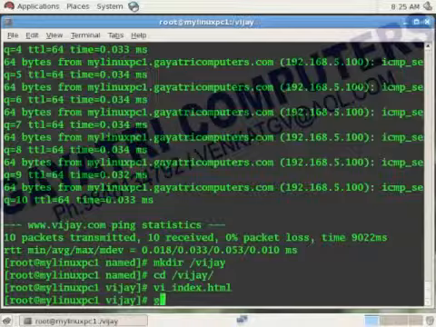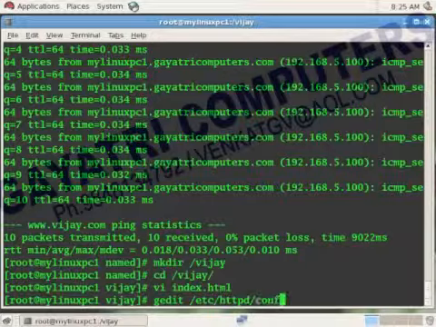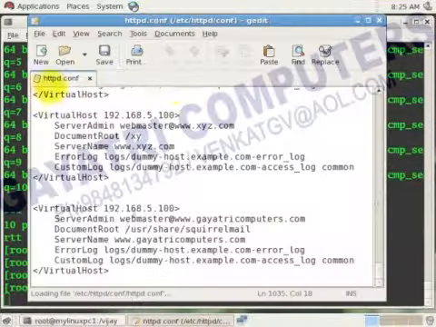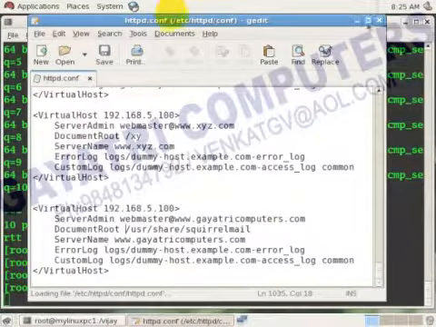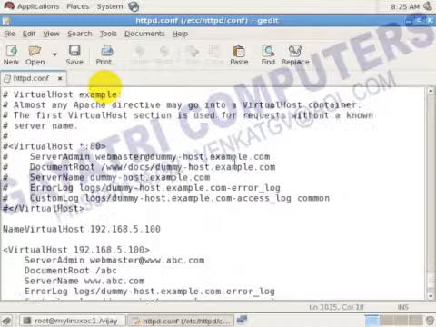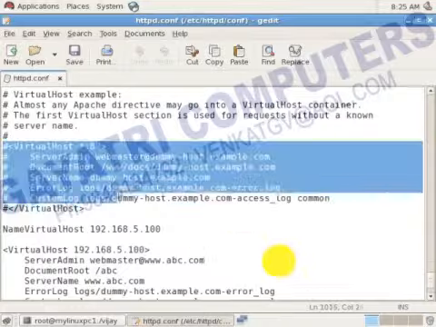The third step, we have to configure the Apache server. For Apache server, the configuration file is under the etc folder, httpd, then the conf folder, and the httpd.conf file. By default, this is the Apache server configuration file. There are so many lines in it, so come to the last line. Actually there will be a sample example there.